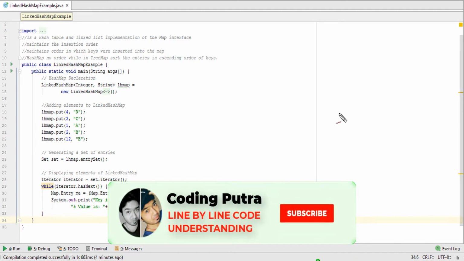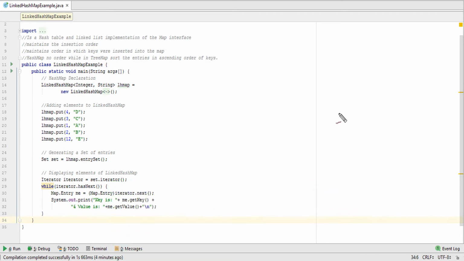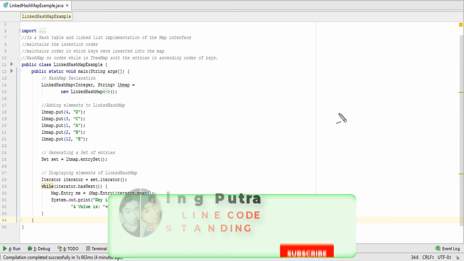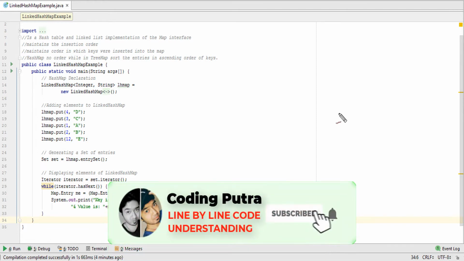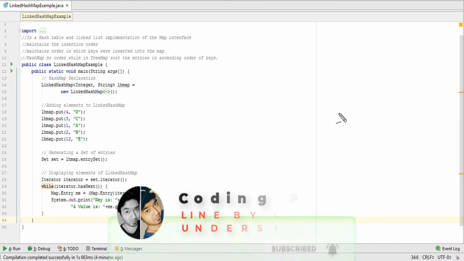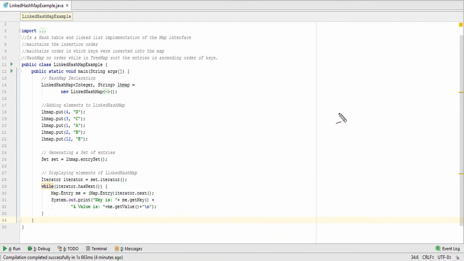Earlier we have discussed HashMap and TreeMap, so we will be discussing LinkedHashMap in this video. LinkedHashMap is a hash table and linked list implementation of the Map interface.